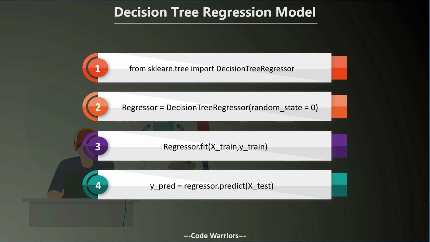Now for running the decision tree model, we have to use these 4 lines of code. For using the DecisionTreeRegressor class, we have to import it from sklearn.tree, and after importing the DecisionTreeRegressor class, we have to instantiate it with an object. The object of this class is regressor, which is equal to DecisionTreeRegressor, and we will pass here one parameter, random_state, which is equal to 0. The random state value can be any integer value, but we are using 0 here. Some other people will also use 42 as the random state value.